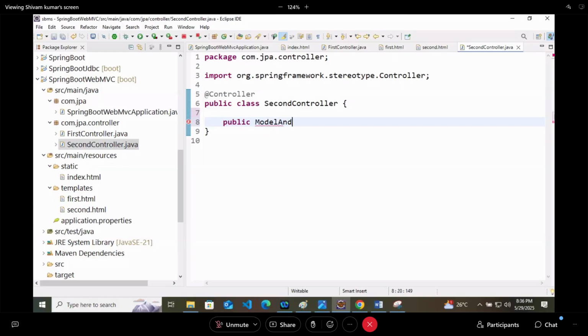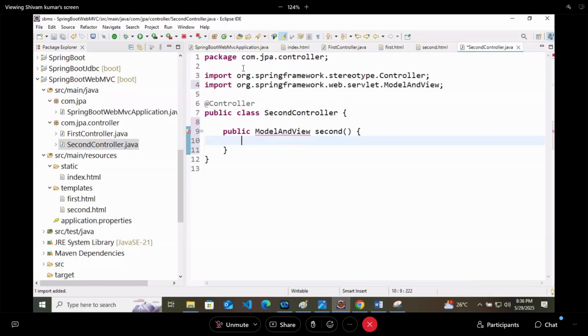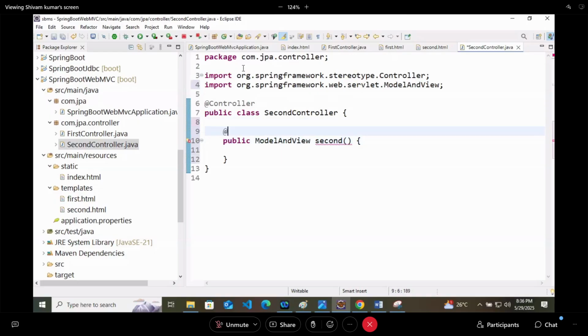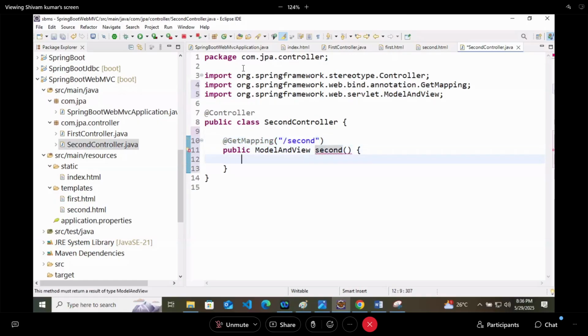Here ModelAndView mv equals new ModelAndView second, return mv. So something very simple we are doing.